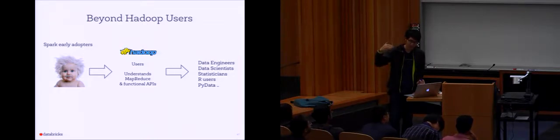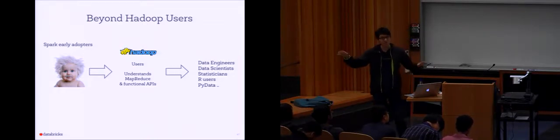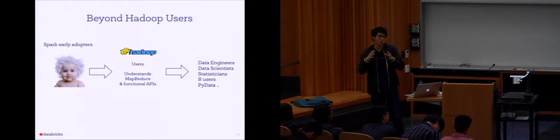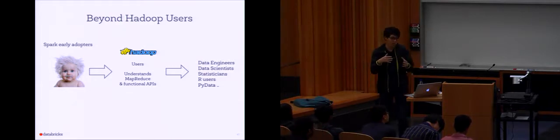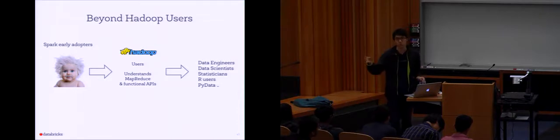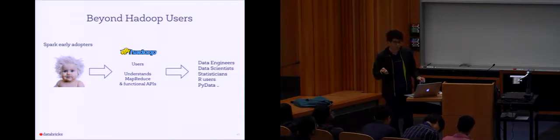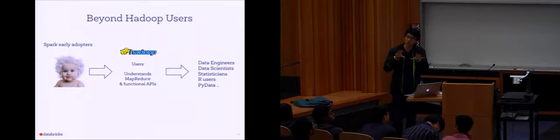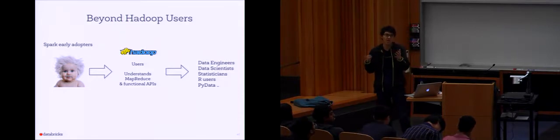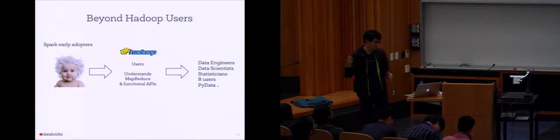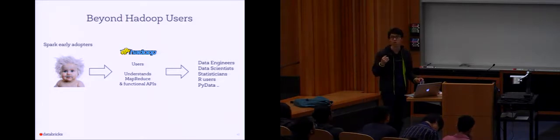And so slowly, Spark is taking over the Hadoop ecosystem. It is also becoming a part of the Hadoop ecosystem, as a lot of Hadoop users are switching to Spark to replace their MapReduce workloads. And this set of Hadoop users understands what it meant. They came from MapReduce land. They understood what it meant to program a map and reduce. And they understood the functional API.